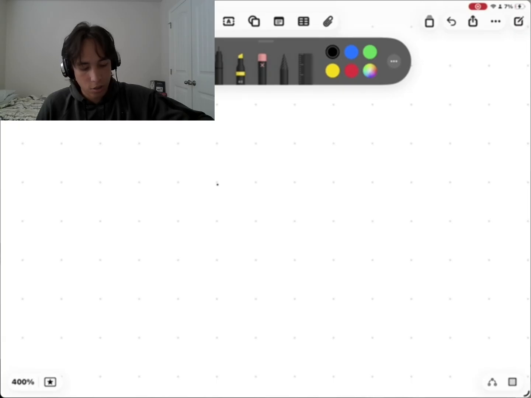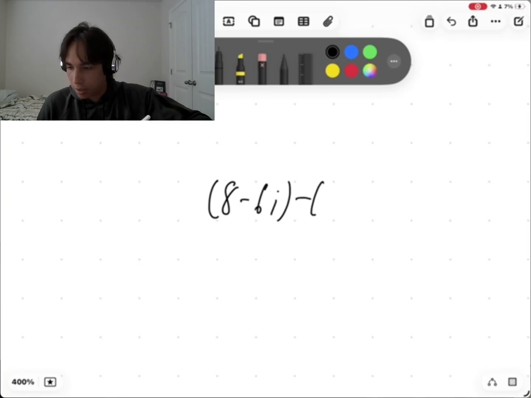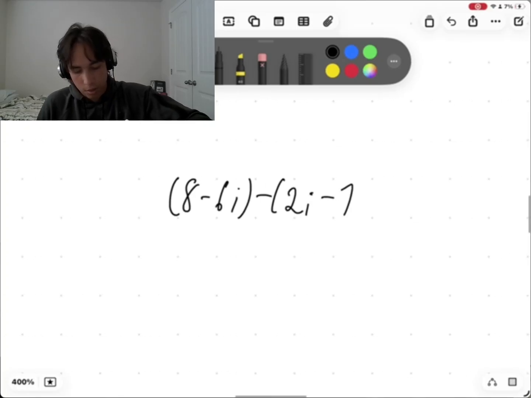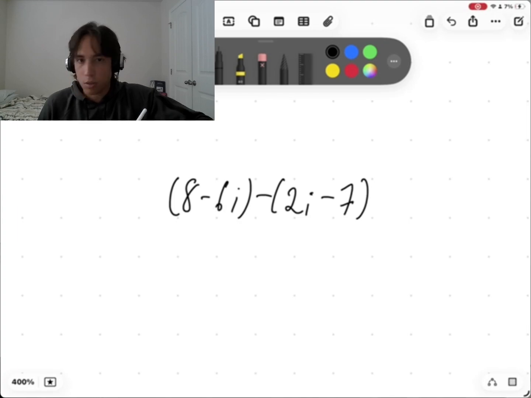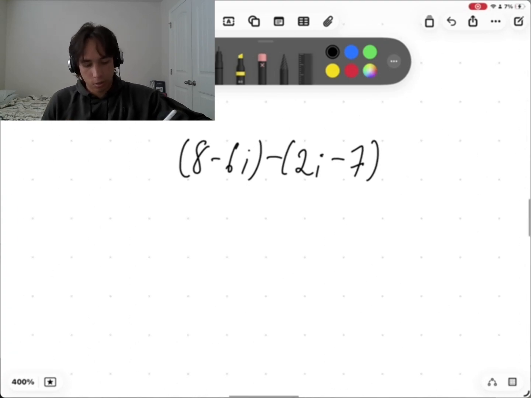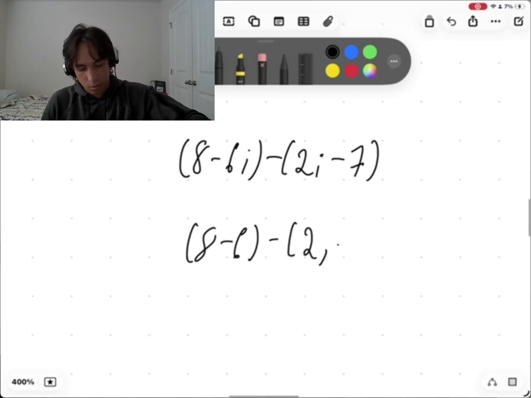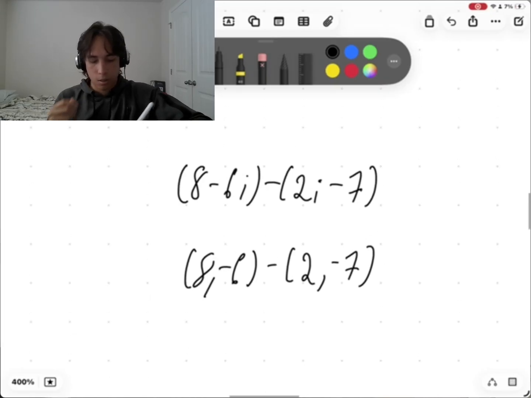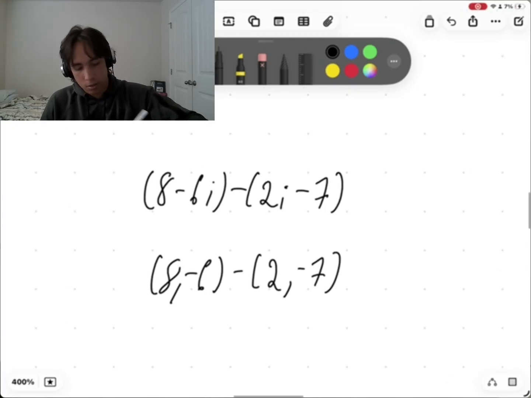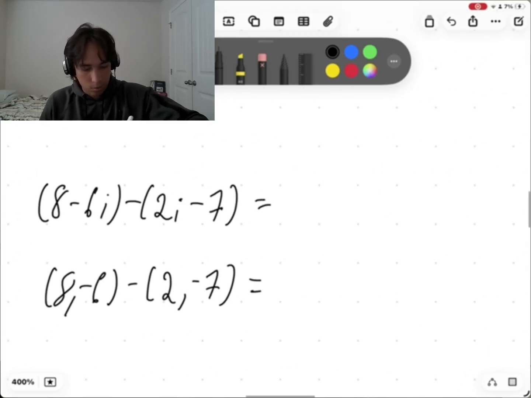We're getting into subtraction, right? So 8 minus 6i minus 2i minus 7. This is another place where you can treat imaginary numbers as vectors. And also in the same sense of polynomials, you must distribute the negative sign. So this becomes